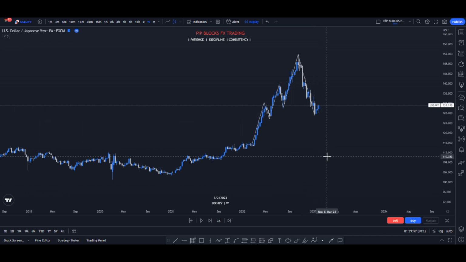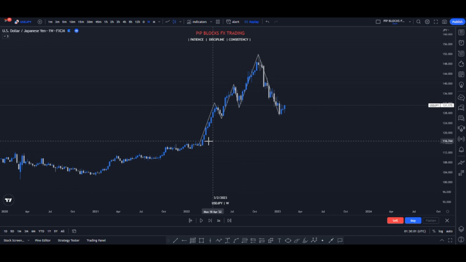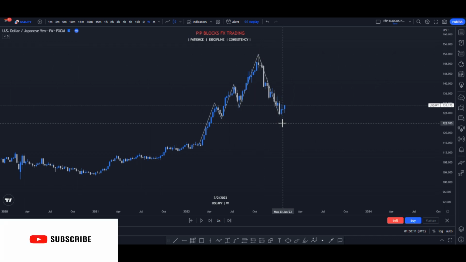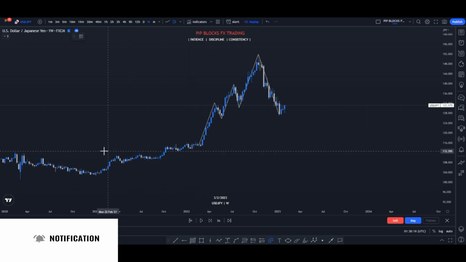Okay, so already I know what market structure I'm in. I know I'm in a bullish weekly structure. So when you go to the weekly time frame, I know I'm very bullish. But when I got to this side, I got some bearishness here. If you know something about market structure, I have a video on market structure. I hope you guys watch it. I think I'll leave the link in the description below so that you can refer and watch the video on